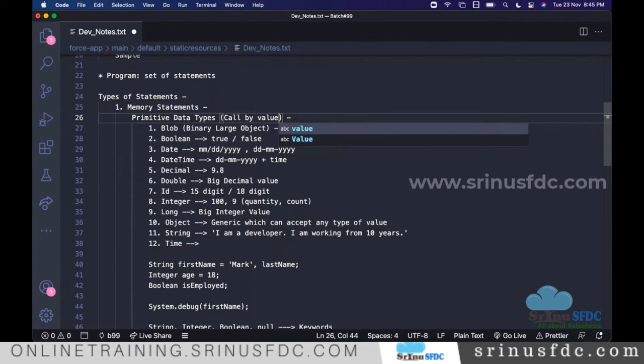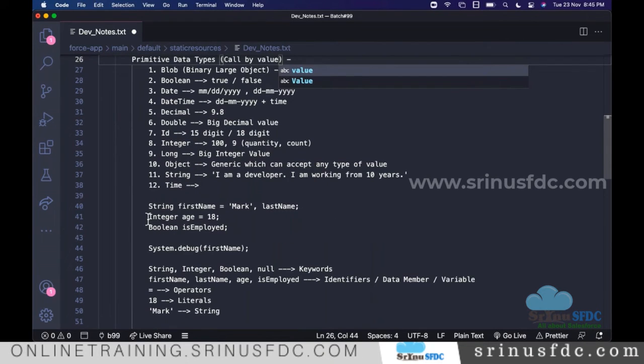So when we say Integer, the system allocates the memory, and whatever value we assign, that value is directly assigned to that memory.